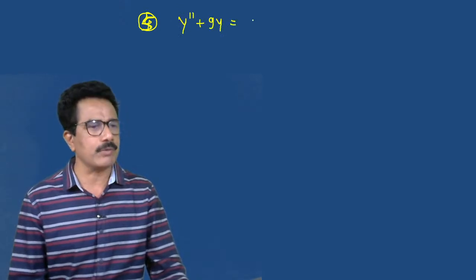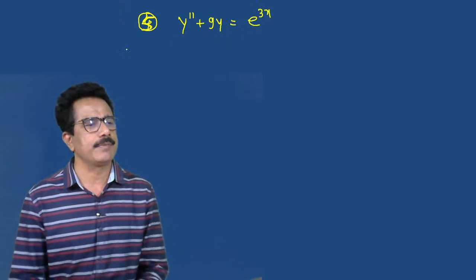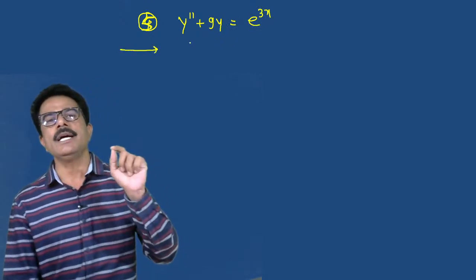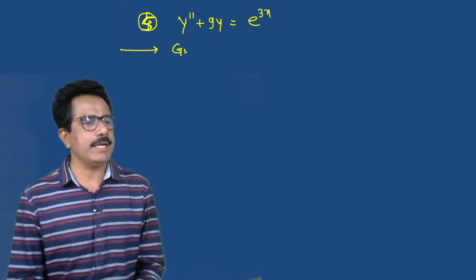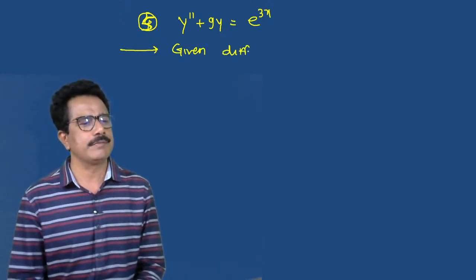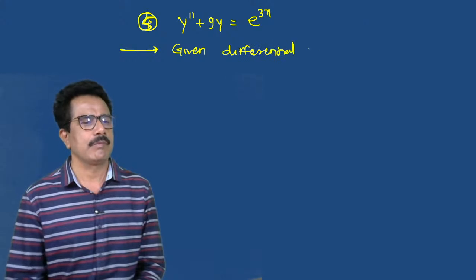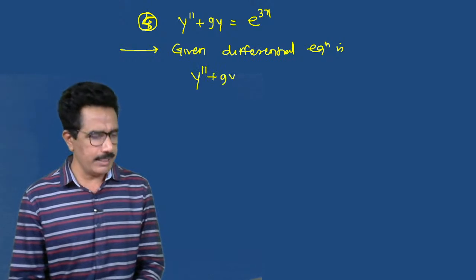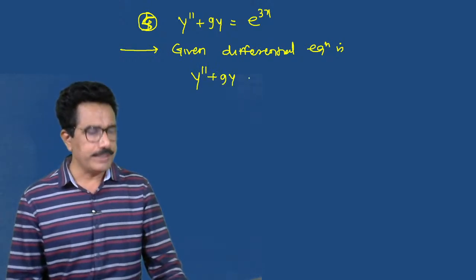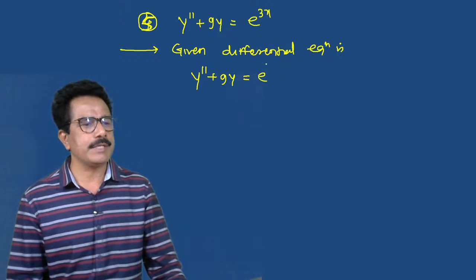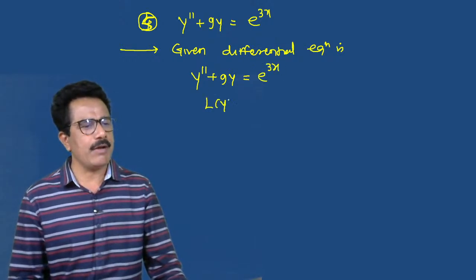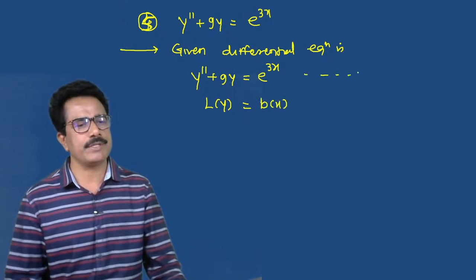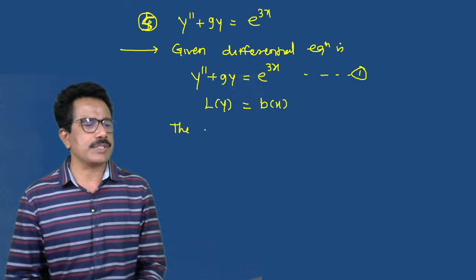y double dash plus 9y is equal to e raised to 3x. We have to find the general solution. Given differential equation is y double dash plus 9y is equal to e raised to 3x, that is L of y is equal to b of x. Suppose this is equation number 1. The characteristic polynomial is